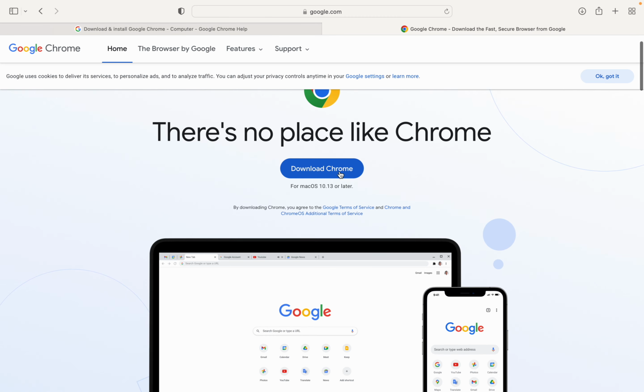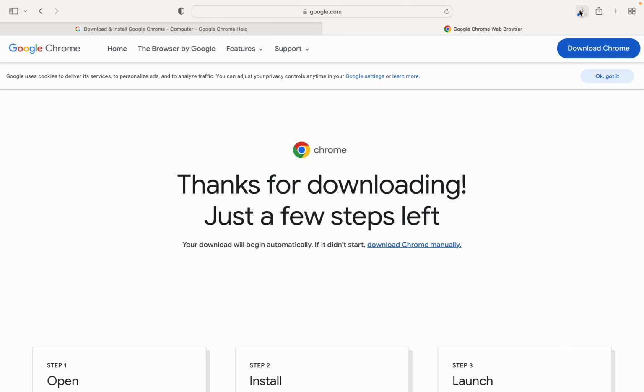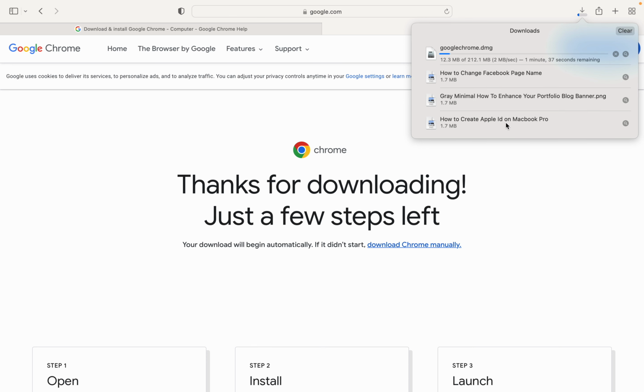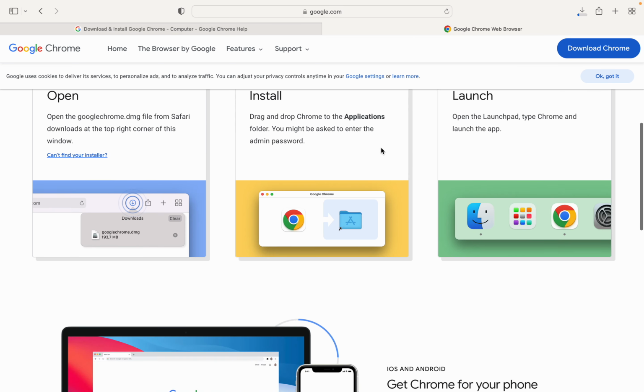Just click on download the installation file and here you will see download Google Chrome for macOS 10.13 or later. Now just click here to download. Now here you will see the download has started. Wait a few seconds, as the size of Google Chrome here is 212.1 MB. The downloading speed is 1.5 MB per second. So you have to wait a few seconds, and after that here you will see